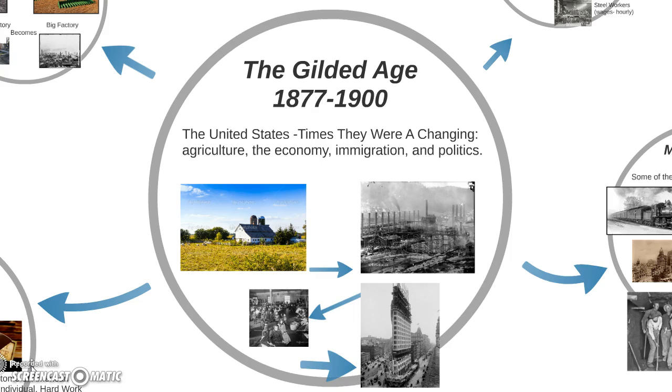If you look at last names, probably in our own classroom, you can find a wide range of ethnic backgrounds. That is the result of the immigration. Immigrants really came here looking for opportunities, and the jobs were available in these new large factories. As you can see, it's a pretty large factory. And then people began to flock to cities and live in these newer, taller buildings. You see the first skyscrapers. So that's what we're going to look at.